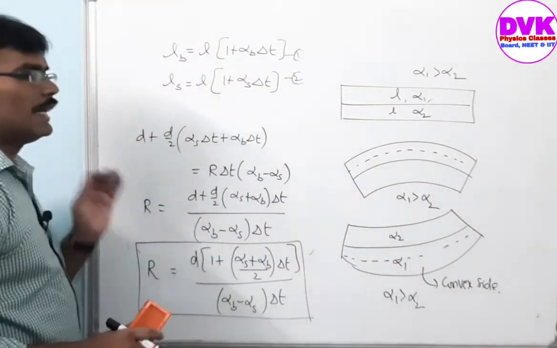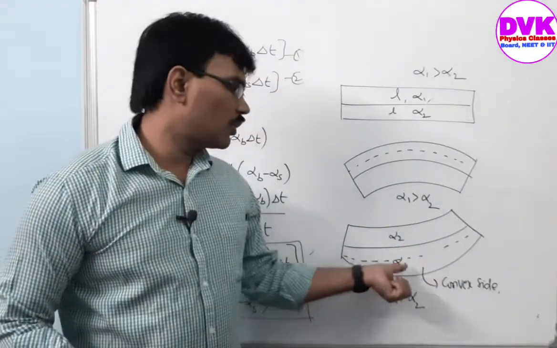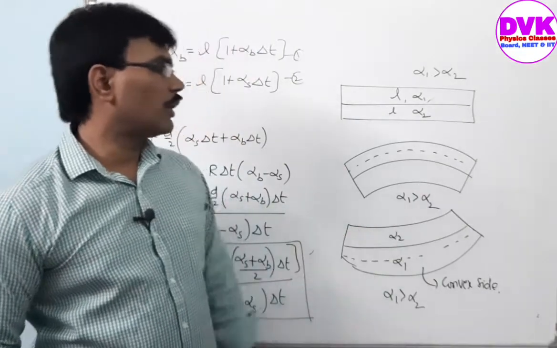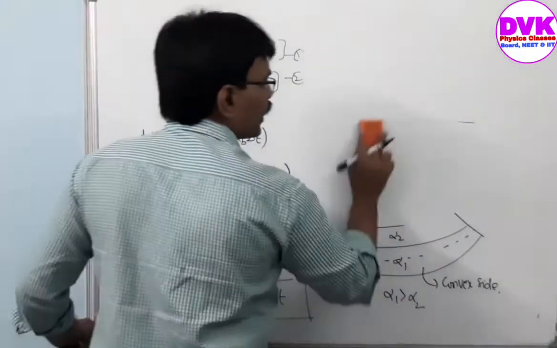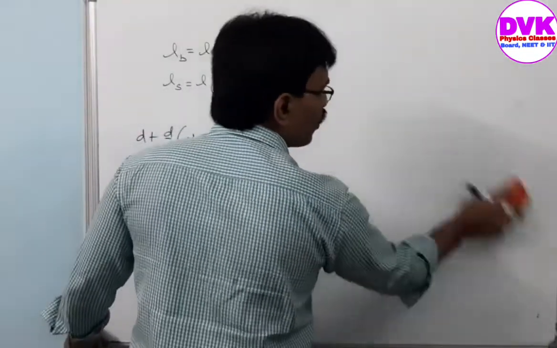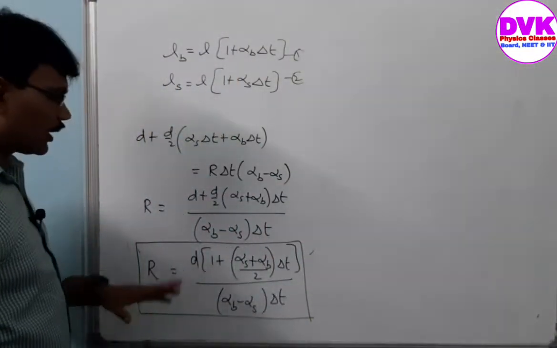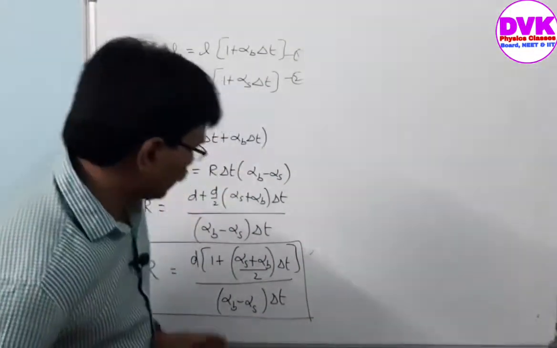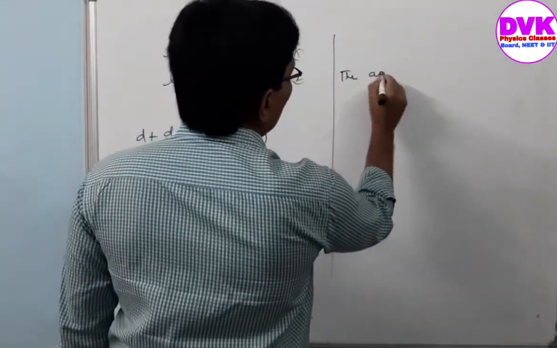The metal which has the higher expansion coefficient will be on the larger length side or larger curvature side, meaning on the convex side, and the other one will be on the concave side. That is very important. This is the expression to calculate the radius of curvature. After heating it becomes an arc shape, and for that arc we can define a radius of curvature, and its approximate value can be calculated like this.